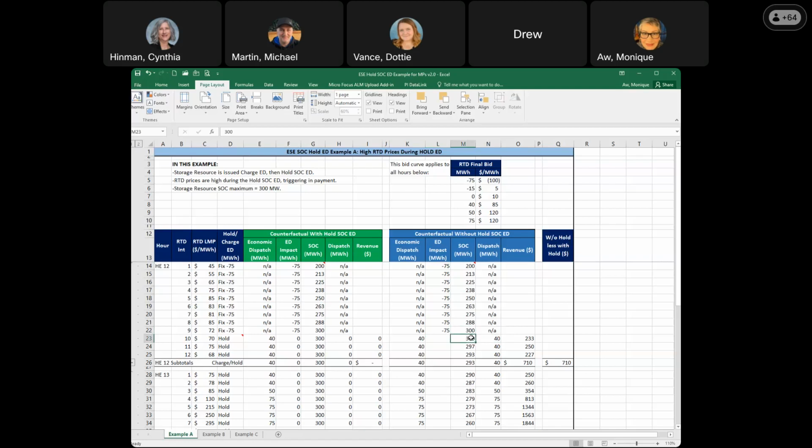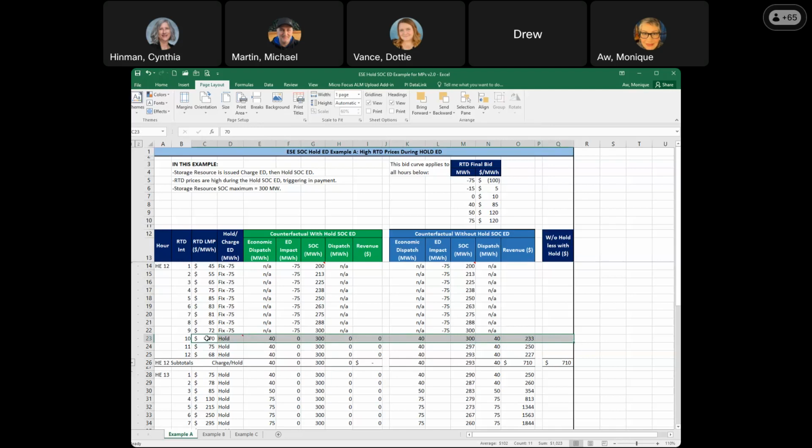All right. So the state of charge is calculated going forward. There's no impact from the hold. So the dispatch megawatt, some people call it final dispatch, effective dispatch, whatever you want to call it. The dispatch under this counterfactual without the hold would be the 40. Now the revenue is simply the 40 megawatt hour dispatch divided by 12 times that real-time price. So this interval is one entire calculation. Here it is with the hold, here it is without the hold. And with the hold, there's no revenue, but without the hold, there would have been some revenue based on the